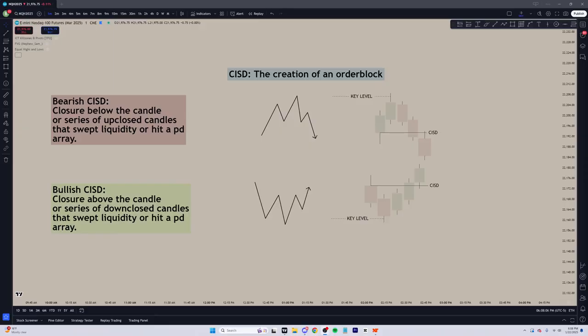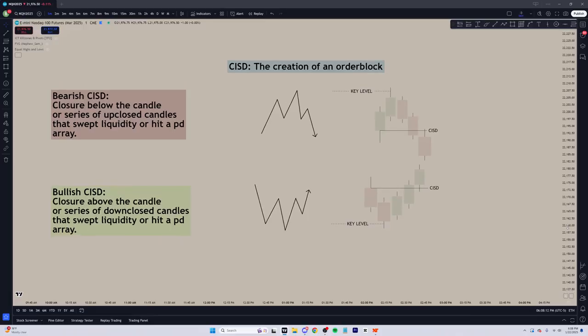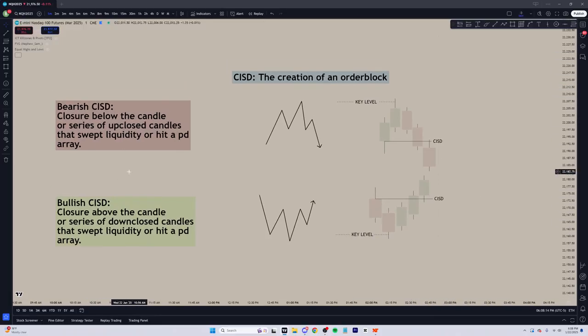Today we're going to be covering CISDs, also known as the creation of an order block. A CISD, in simple terms, for a bearish candle, this is actually not simple terms, this is my definition. I'm trying to think, I haven't thought of any better definition, but this is the best I can come up with: closure below the candle or series of up-close candles that swept liquidity or hit a PDRA. I hope that makes sense. It sounds like a lot, but it'll make more sense when we get into it. And then a bullish CISD is a closure above the candle or series of down-close candles that swept liquidity or